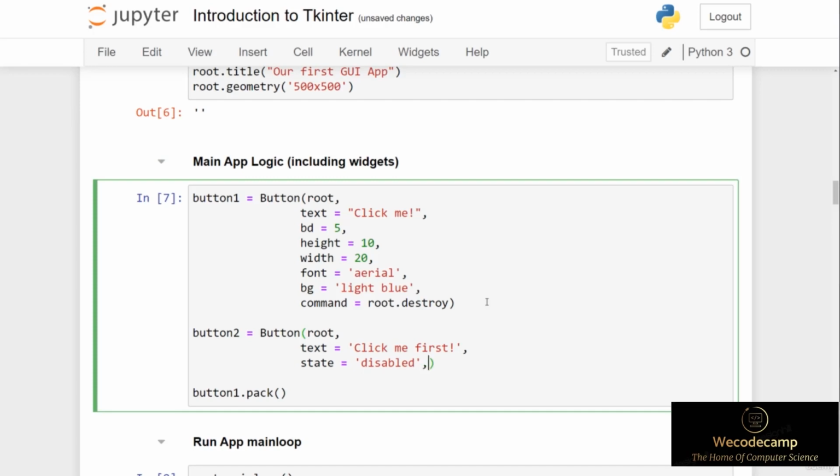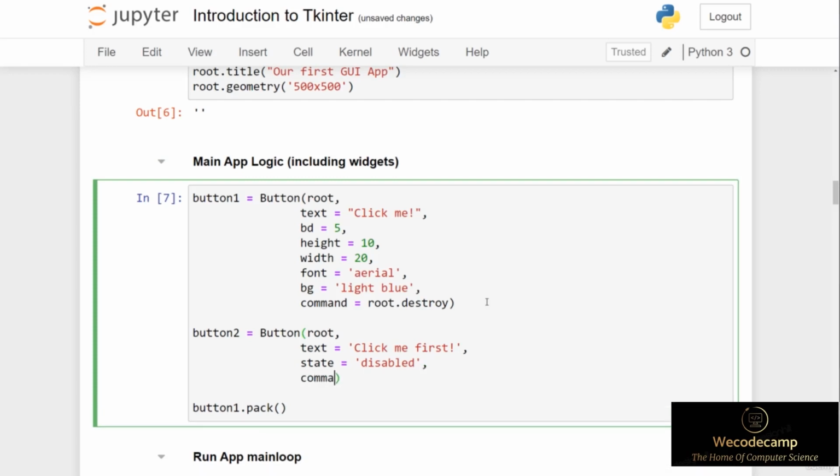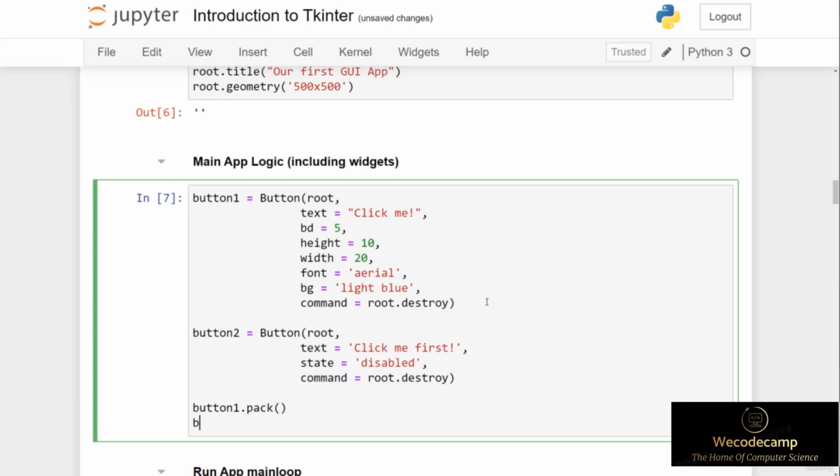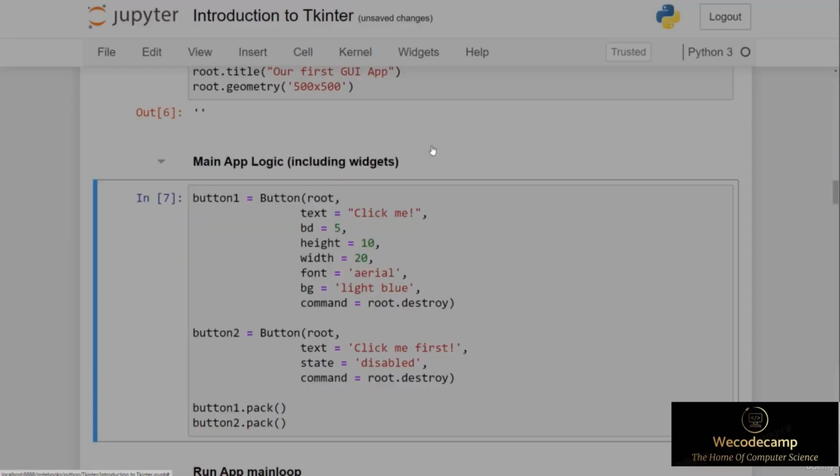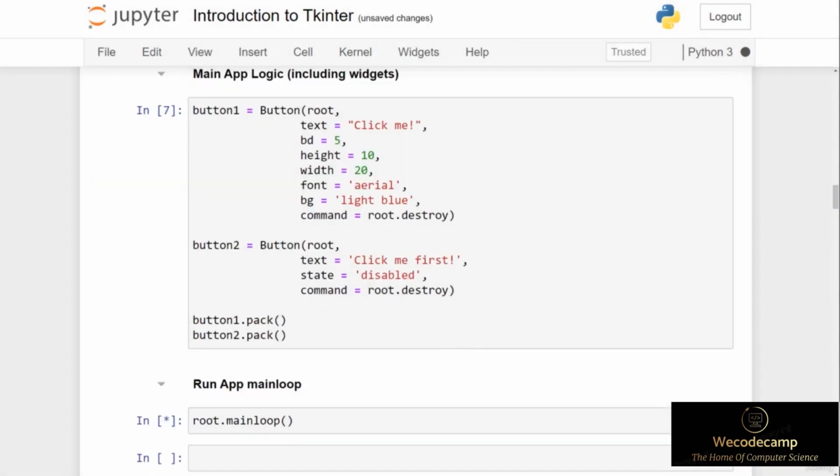I will then put a command that's associated with this button to be the same as button 1, so we'll put root.destroy. I'll simply then pack the button into the application, so I'll put button2.pack with parentheses. And when I run the application, you can see that we still have our original button, which